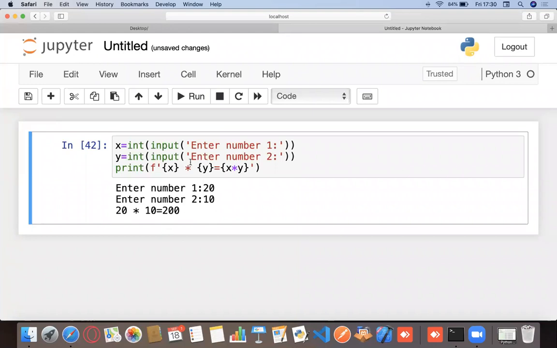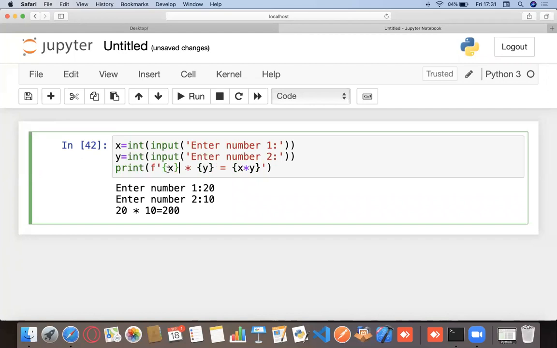This is how an F string looks. I know it looks like cryptic syntax, but we got rid of those commas, and we could do everything in just a single statement. We don't even need all those multiple lines. F string basically stands for formatted string, and anything that you write inside these curly braces, its actual value will be printed out.